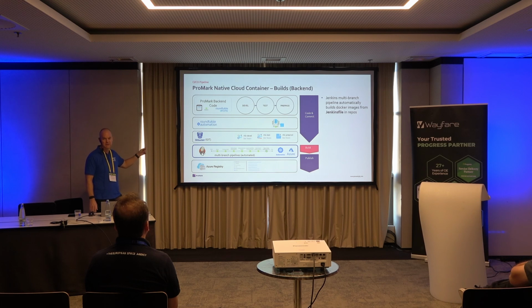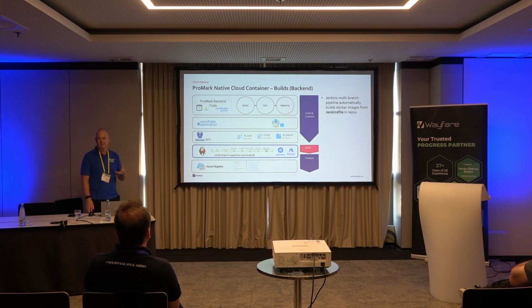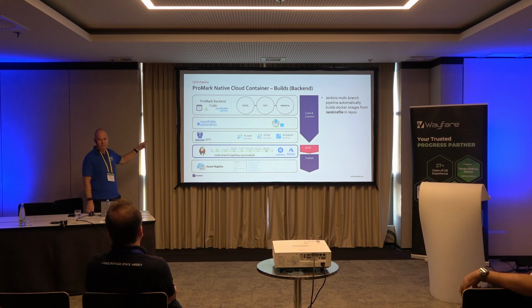There is a Jenkins file included in our code base, so that's maintained as part of the code and is completely under version control. That Jenkins file holds the build instructions for the Jenkins pipeline. Based on the branch and the version of ProMark we're currently building, it will automatically create images of all of the